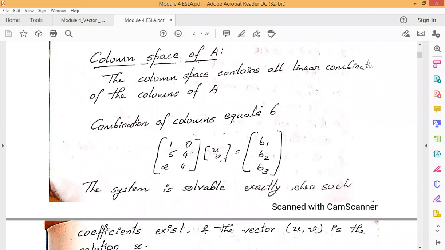Suppose you have the equation like c is equal to x1 plus x2. Here we have both the variables x1 and x2. Suppose we have an expression like x plus 2y. Since two variables are involved, we can say that it is defining an xy plane. I'll be taking numerical problems and I'll show how to define the column space.